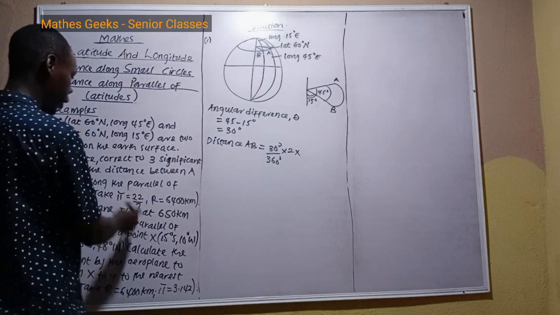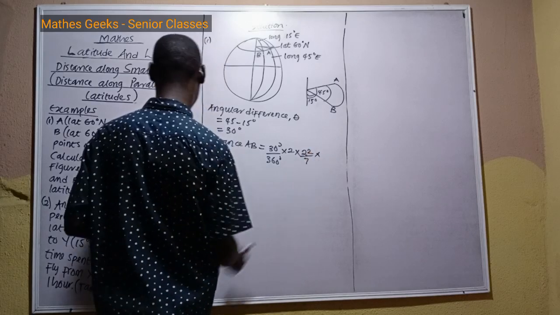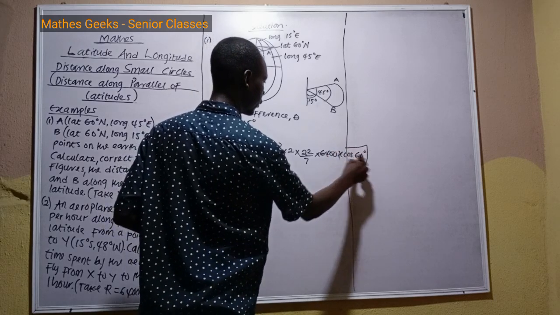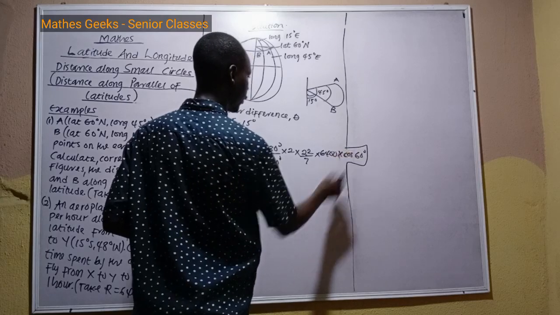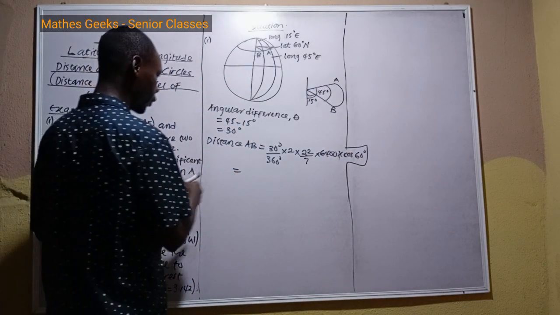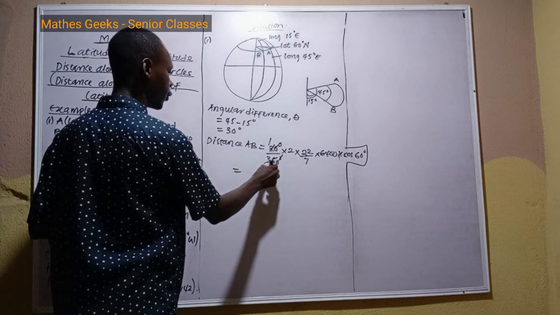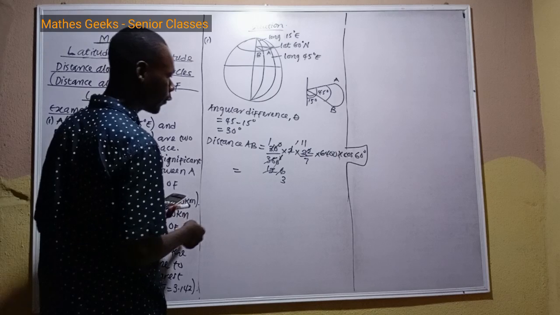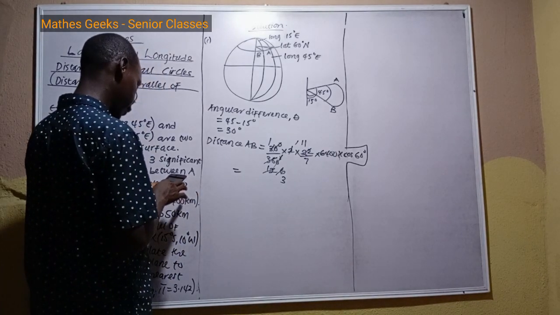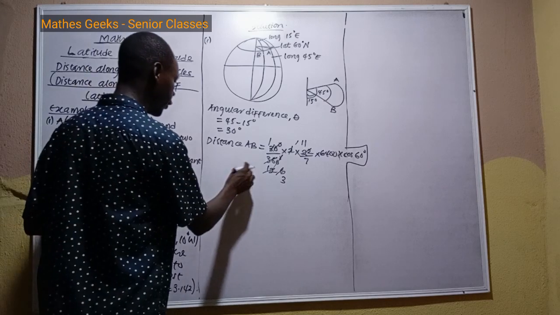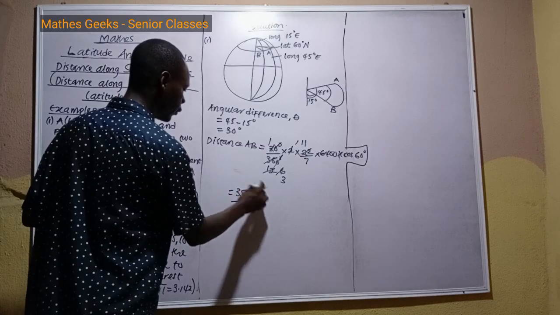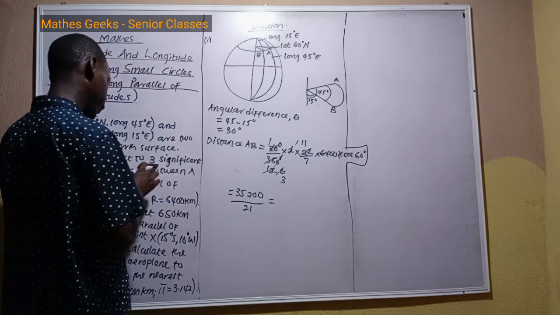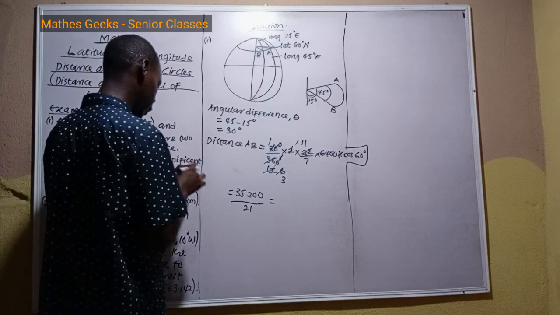We're told to take pi to be 22 over 7, and then the radius of the Earth is 6,400 kilometers, 6,400 times cos 60 degrees. And this will give us, so here 0 cancels 0, 2 here 1, 2 here 12, 2 here 1, 2 here 6, 2 here 11, 2 here 3. So we have 11 times 6,400 times cos 60, 3520. And now here the denominator is 3 times 7, so that's 21. So 3520 divided by 21, that is